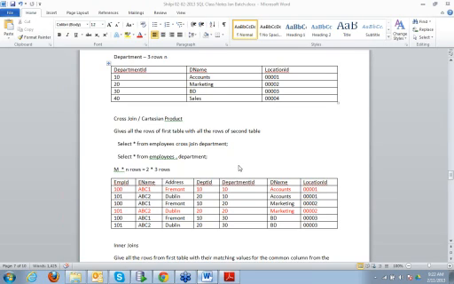In the last class, we have seen what are the various types of joins. So what are joins? In joins, if we need to extract the information from more than one table, we use joins. There are a couple of joins, like we have Cartesian product or cross joins. We have inner join, natural join, self join, outer joins. There are three variations of outer joins: left outer, full outer, and right outer.